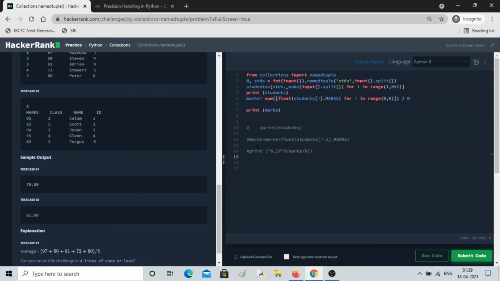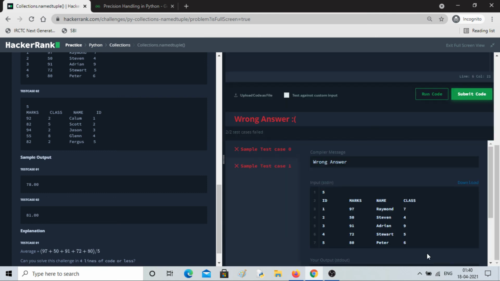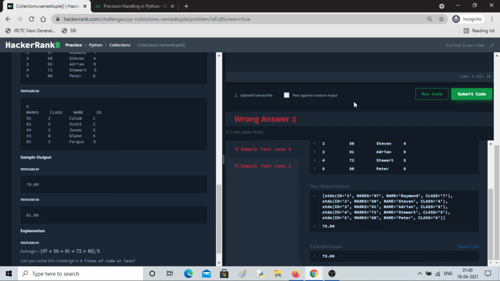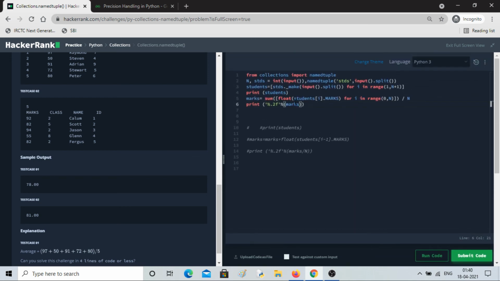So let's take this and take here, and I'll remove this. Whatever is inside this, I'll print marks. Okay, so it will be 2 decimal places. Now we have to concise it into 4 lines.